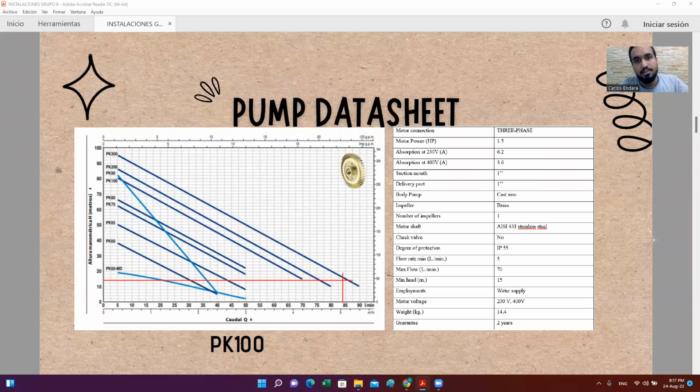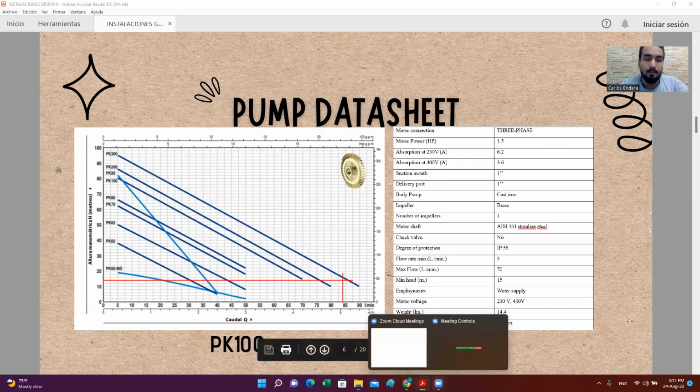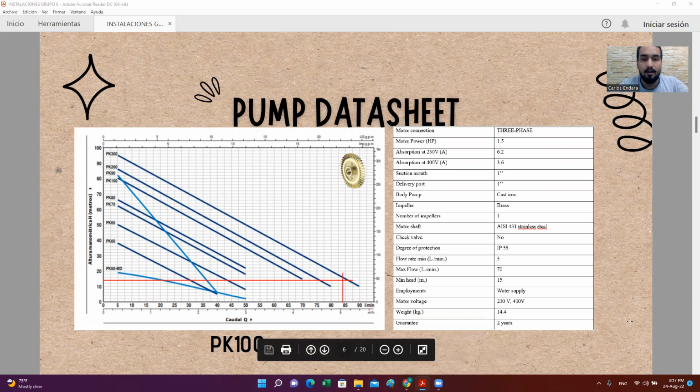Continuing with the pump data sheet. The selection of the pump is based on the calculation of losses of each pipe. We end up with the selection of the PK100 pump. This pump has a 3-phase motor connection,